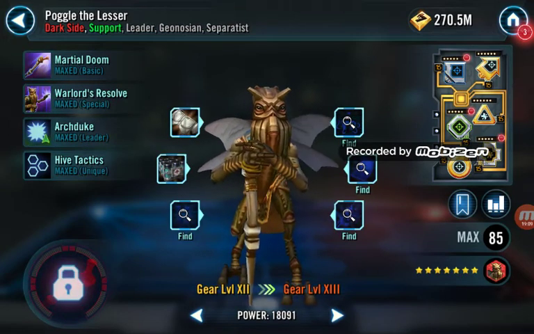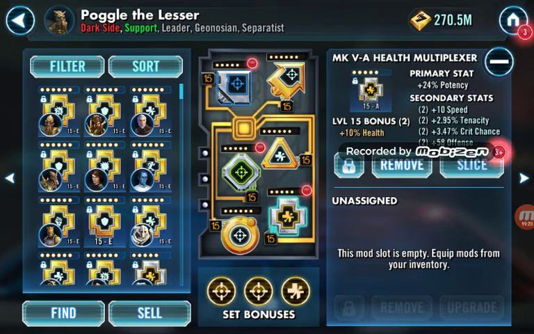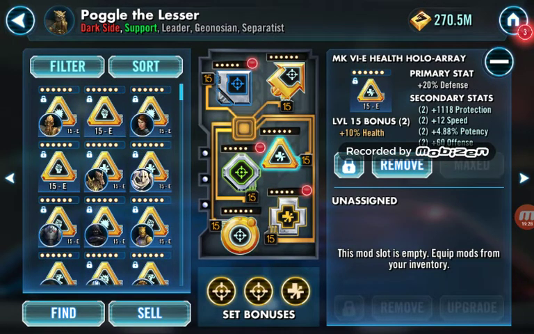So next I got Pago. Pago, I put potency because I want him to land those ability blocks. And I have a set of health mods on him. Protection, potency, defense. I want a health or protection triangle, but I didn't have one, so I find the next best one with decent speed and decent protection. So I happened to use this one because it had decent speed, or 12 speed, and protection is like